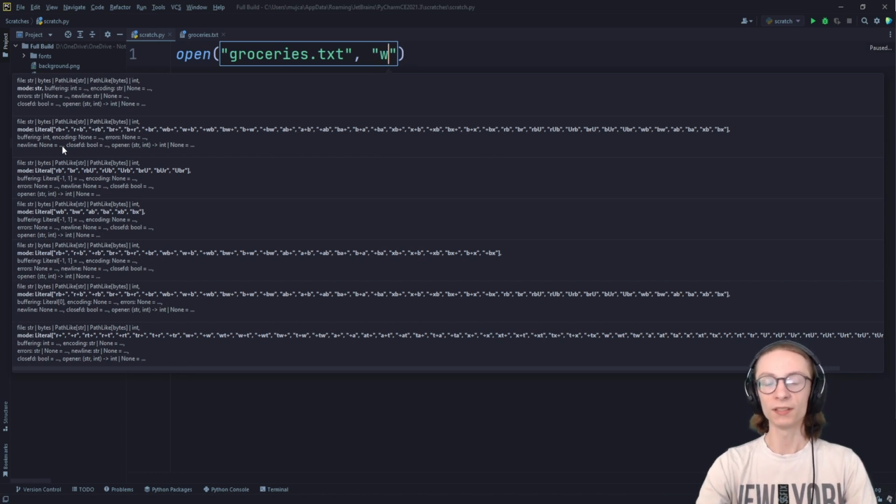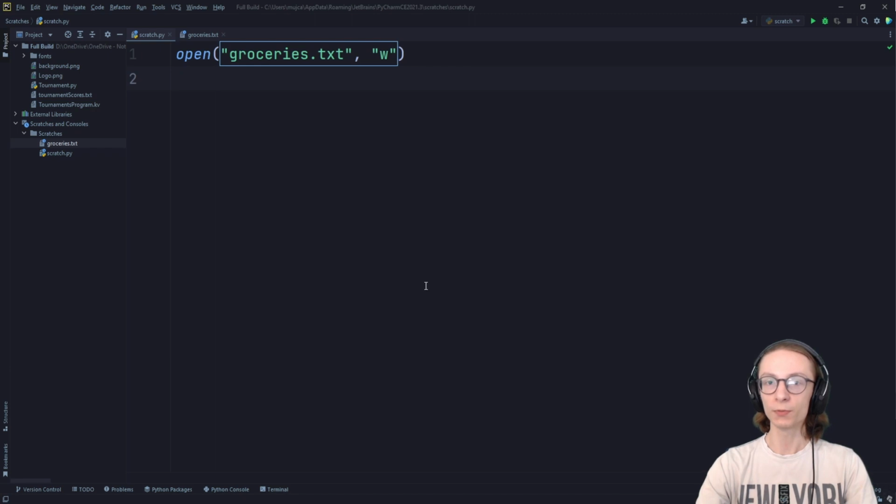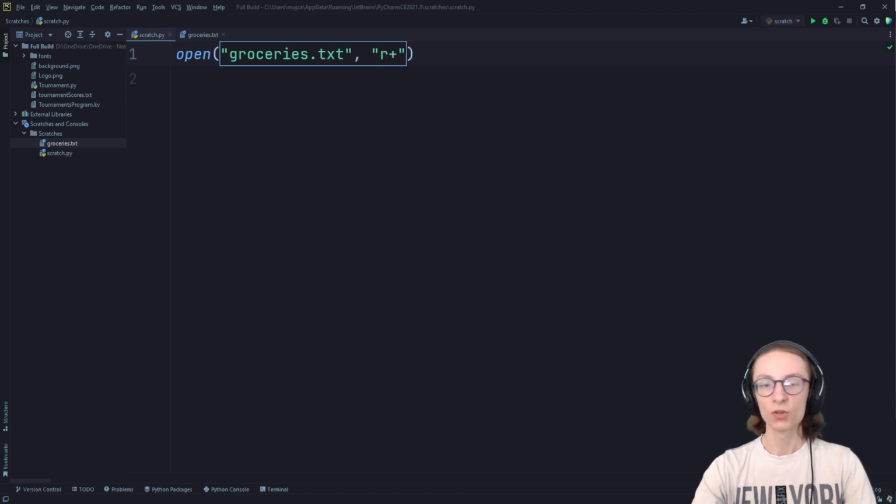Another mode is w, which stands for the write mode, in which you can edit the file, you can write over the file, you can overwrite it, you can add new stuff to it. The third one being the append mode, in which you cannot edit current text in the file, you cannot remove any text from a file, however you can add new lines and new text to that file. And the last mode is actually r+, which allows you basically administrative access to the file. It allows for everything to be done, but you shouldn't really use it if it's not absolutely necessary,